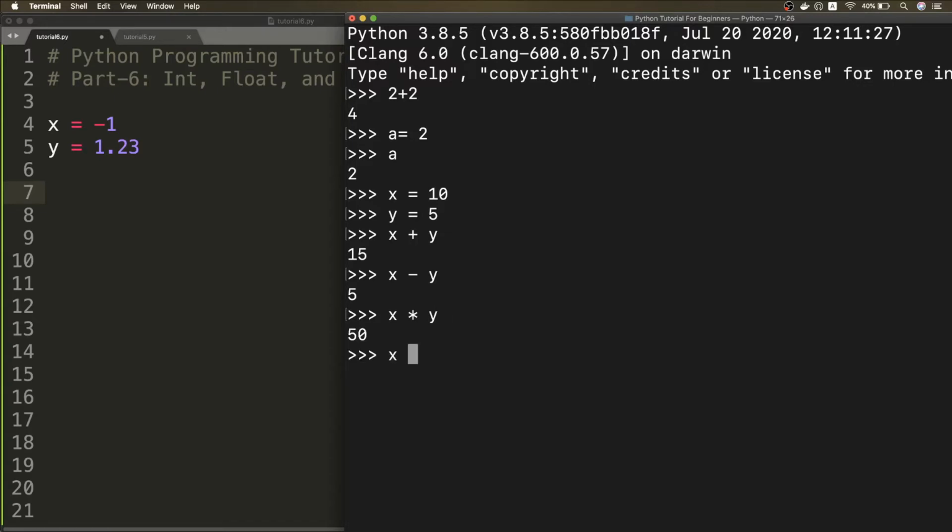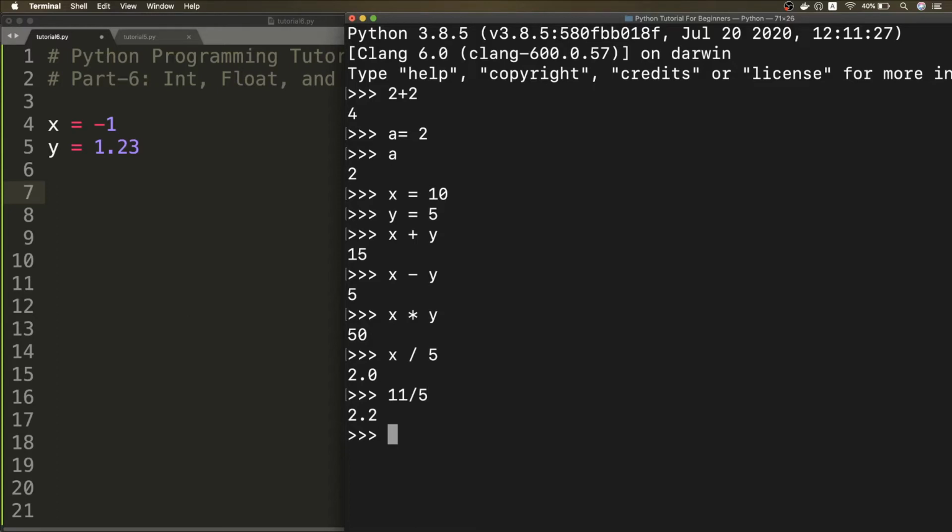Then we have your division operation. So 10 divided by 5 equals 2. Now you see 2.0 got printed on the screen because the normal division that Python 3 has is float division. So if you want to do something like 11 by 5, then you will get 2.2. This is the answer that you expect.